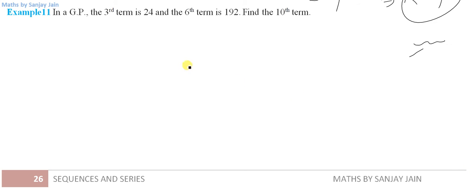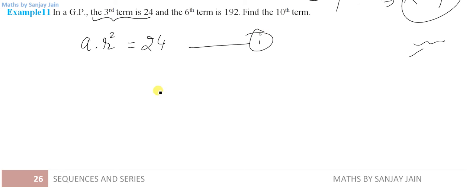Next question is, in a GP, the third term is 24. So how do I write this information mathematically? That first term into common ratio raised to power 3 minus 1, that is 2. So A R squared is 24. I have written it mathematically directly. You need to start this question like this. Let us assume first term to be A and common ratio to be R. Then the third term is equal to 24. That means A R raised to power 3 minus 1 is equal to 24. Then you will write this expression. Okay, so that is how you have to write in your examination.